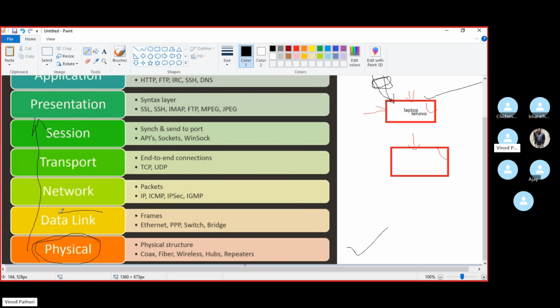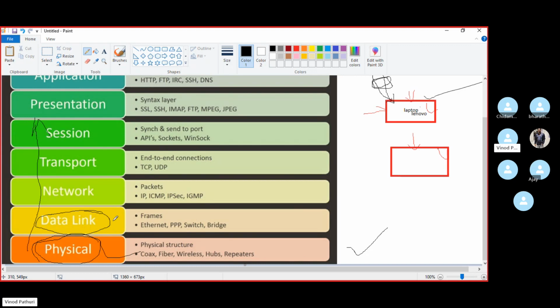So the next one is the data link layer. The first one is the physical layer, and you can see the hubs and repeaters. Yesterday we discussed it, right? Those devices operate in the physical layer. And the next one is the data link layer. The switch we discussed operates at the data link layer.